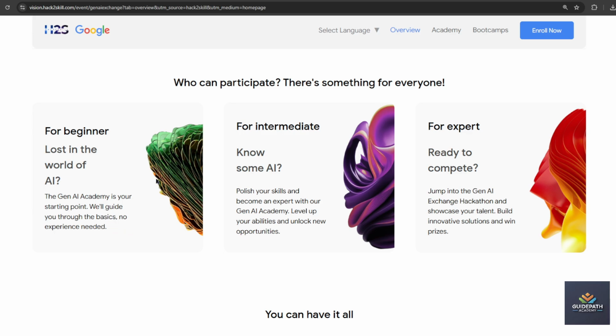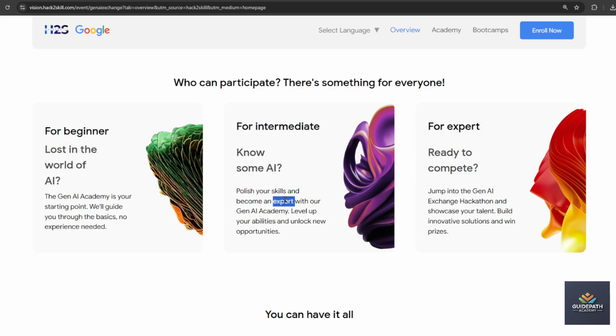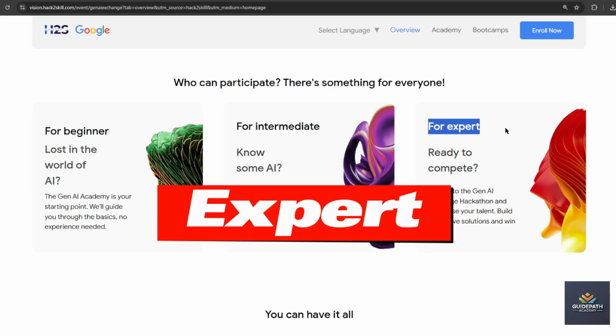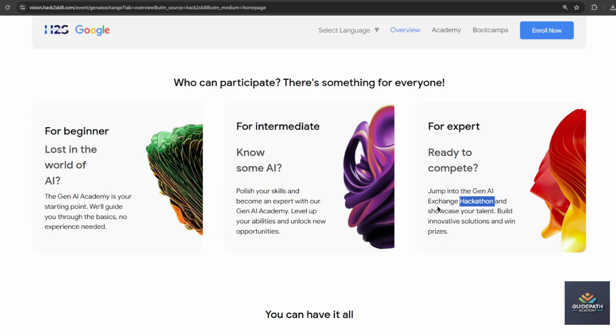If you are intermediate, they will polish your skills to become an expert in the AI industry with their Gen AI Academy, and train you to unlock new opportunities in the industry. If you are an expert, you are invited to join the hackathon, showcase your talent, build an innovative solution for a real-world problem and win a prize.